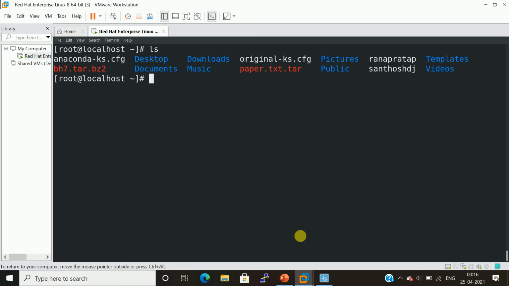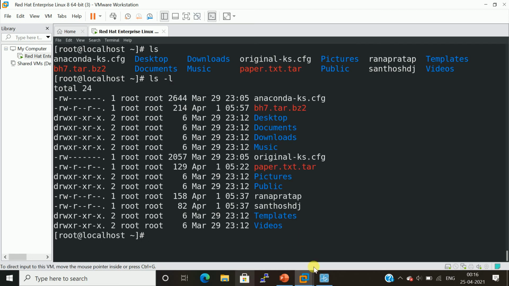Let us show this command effectively. These d entries are the directories, and these hyphens are the files. This star is a zip file. These are the directories, and these are the normal documents.